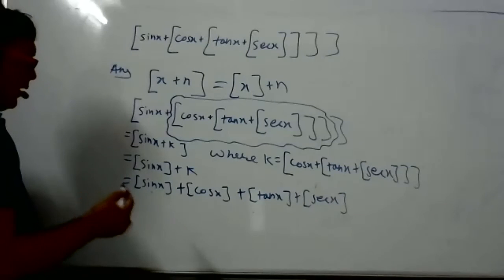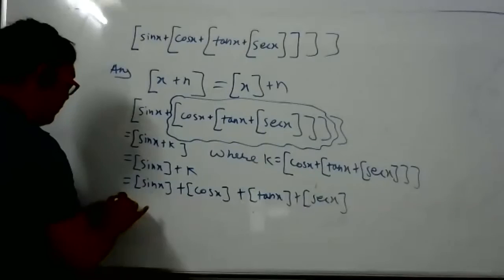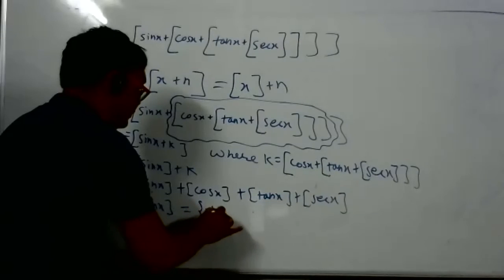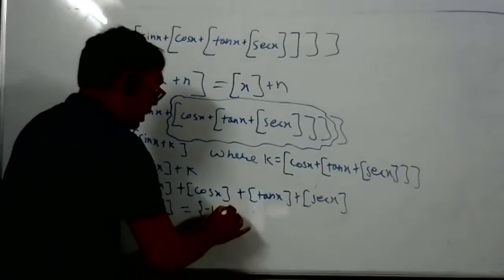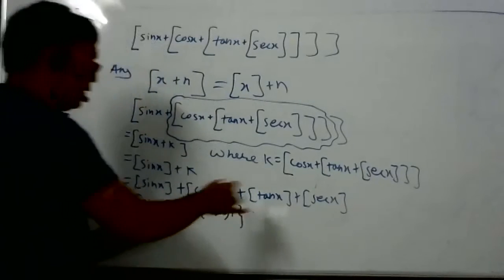Sir, just check the intersection of the ranges. Yes, sir, it will be -1 and 1. Correct, greatest integer function of anything is 1 for here. No. So here, what is the range of bracket sin x? Tell me. Sir, it will be 0 and 1. It will be -1, 0, no? Sir, 1 also, sir. Yes, 1 also. Okay, 1 also. I think I am missing something, so the answer may not come.